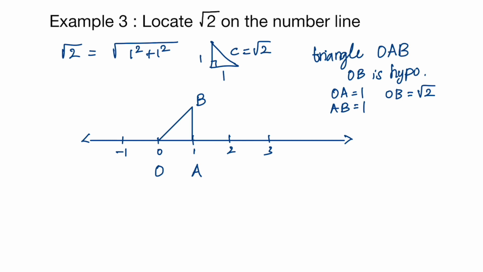I am just going to draw it roughly here. So you are placing your compass needle at O and taking the length of OB, you are going to cut an arc at the number line. Now I have cut an arc here, and let us just say this is the point C. Now we know that OB and OC have the same length. OB equals OC, because if you just complete this circle,